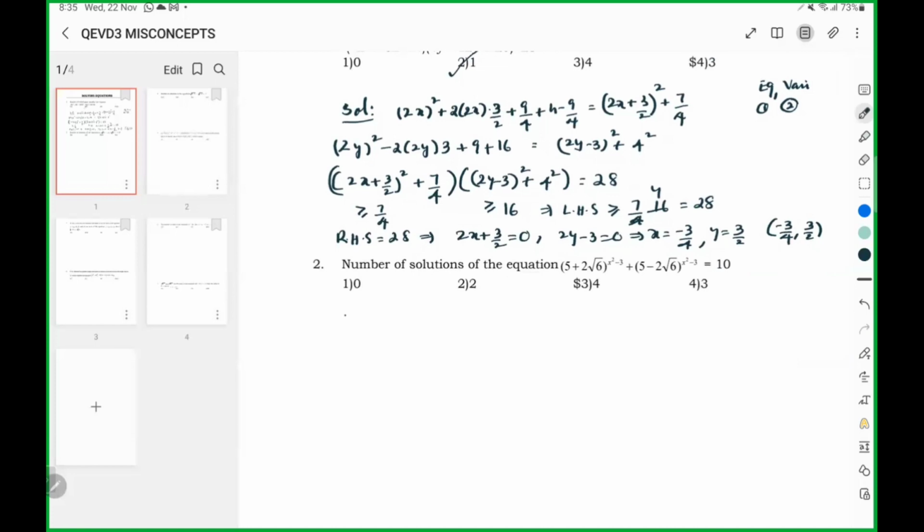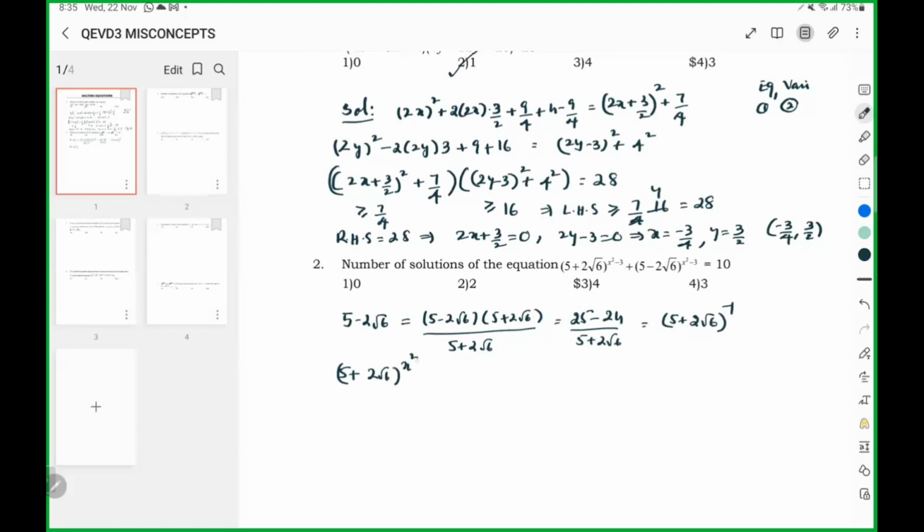Here, 5 minus 2 root 6. It's not a direct quadratic, it's just a solving type. So rationalizing, you get 25 minus 4 into 6, 24, so 1 by 5 plus 2 root 6, which is (5 plus 2 root 6) power minus 1. So if you assume (5 plus 2 root 6) power x square minus 3 is a, based on the earlier step,